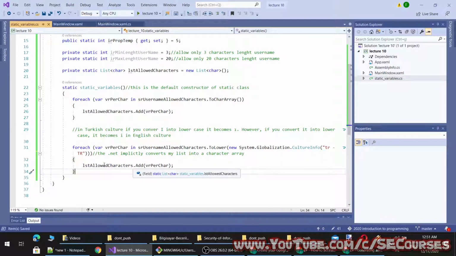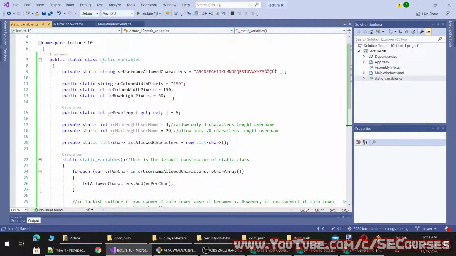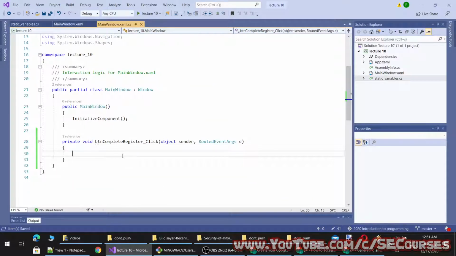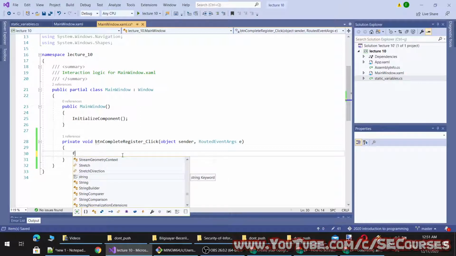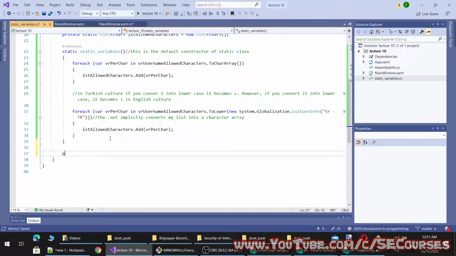So, okay, this way we are initializing our list, and we have defined our several rules. Let's check if so far it is working or not. I am going to write a public method, public static string, or let's return a tuple. Okay, so you will also learn about tuples this way.